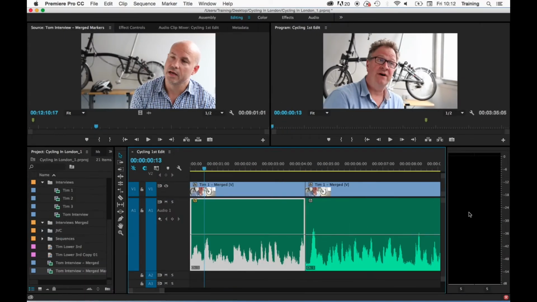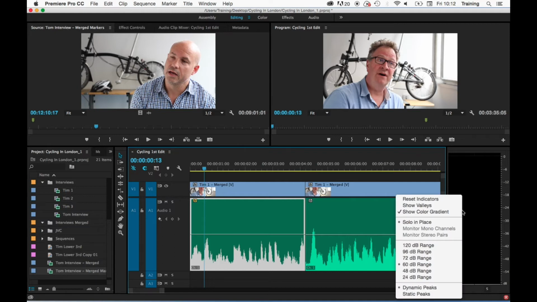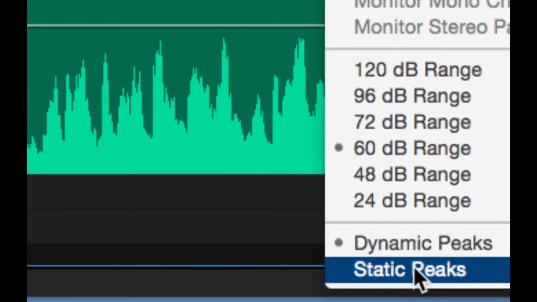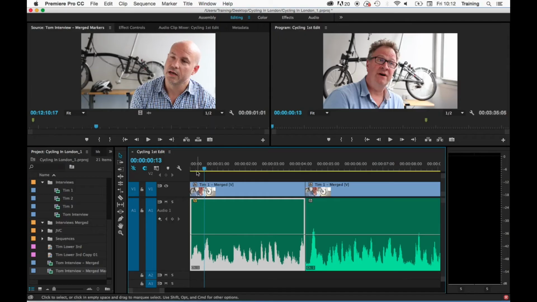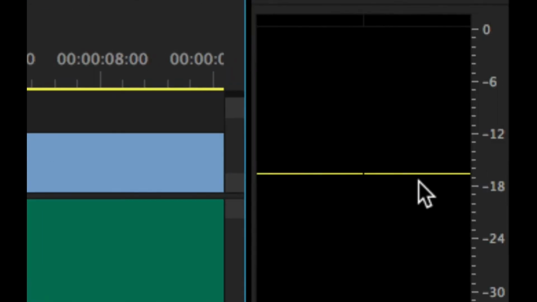Sometimes it's useful to change how this peak line works, so rather than it resetting itself every couple of seconds, there is a way of fixing it so that it will just remain at the maximum level of the clip that you're playing. To do this, you do a right click on the audio meter and choose from the menu that appears static peaks. Now as I play through the clip, the peak line remains visible at the highest peak